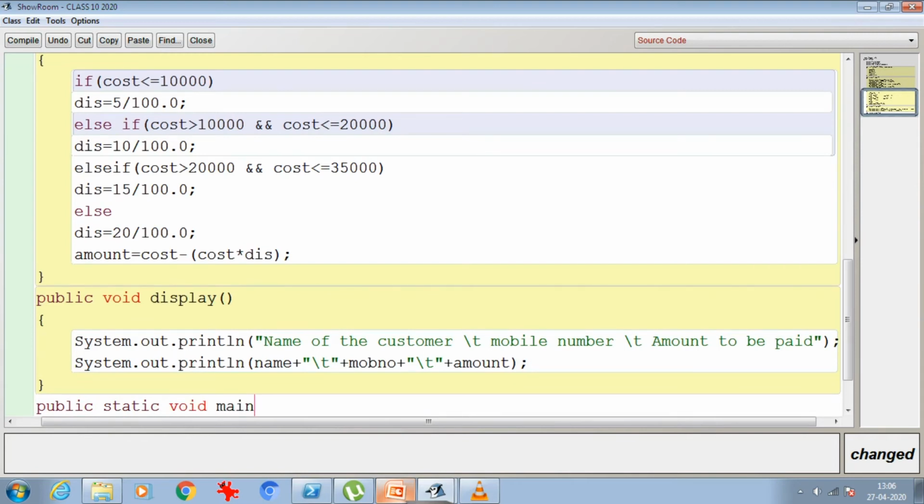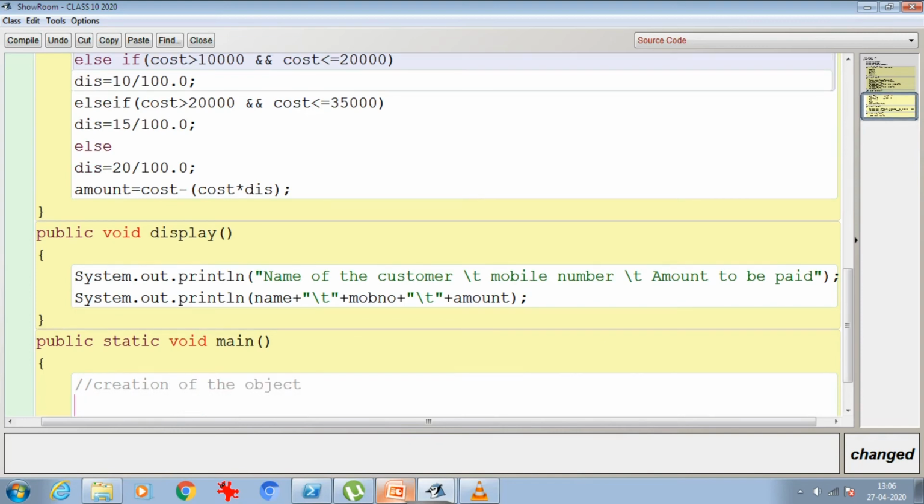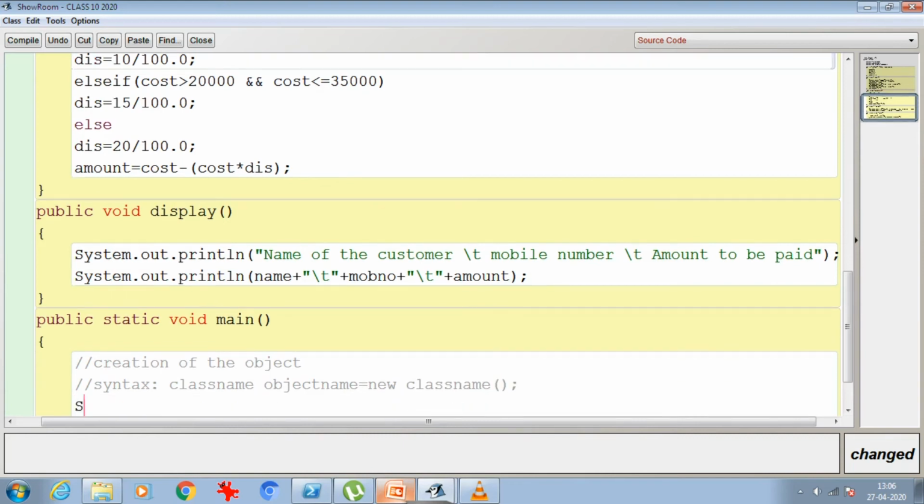Now write the last part, which is the public static void main. I am not accepting anything from the user, so just the public static void main and creation of the object. What is my syntax for creation? As I know, class name, object name equal to new class name and function sign.